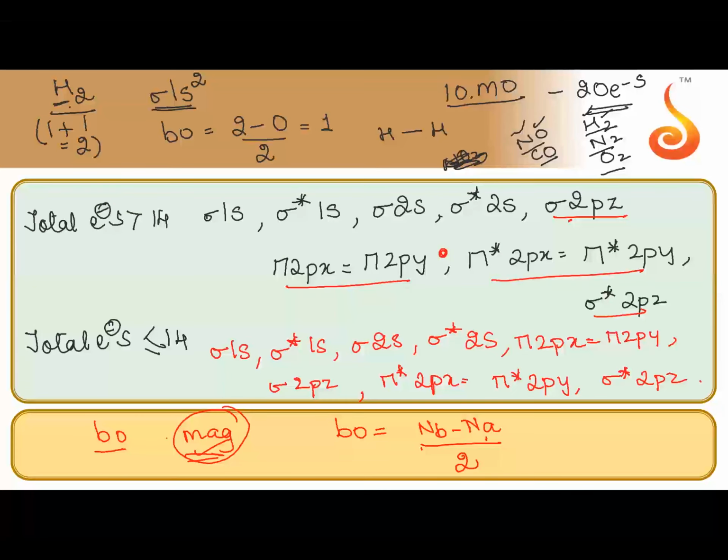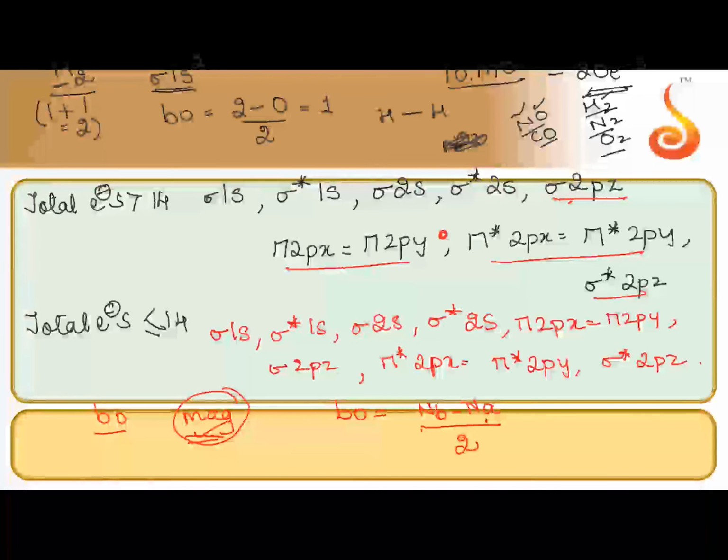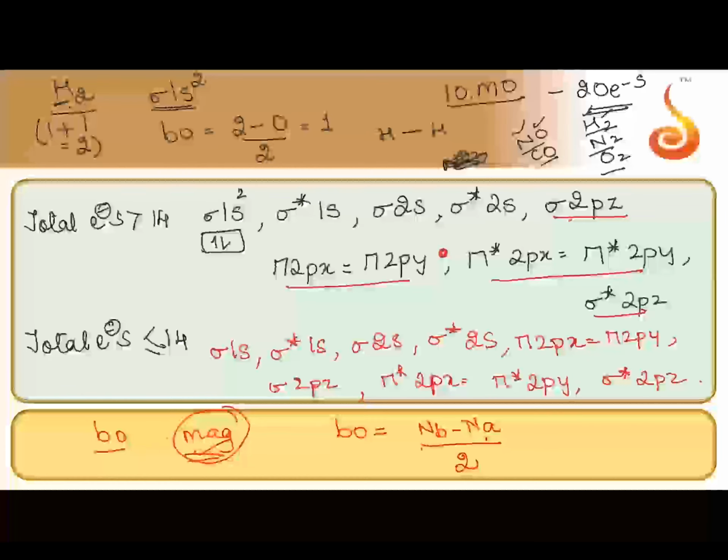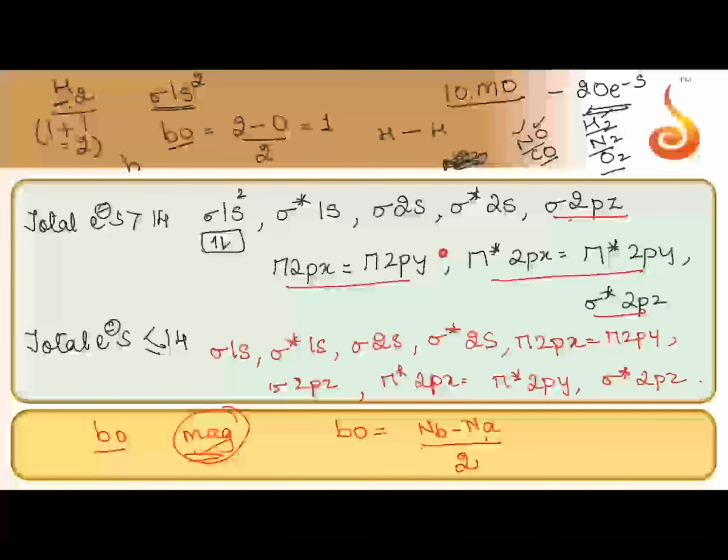Okay, my question now is, is the H2 molecule paramagnetic or diamagnetic? Correct, it is diamagnetic. Why? Both the electrons are present in my first orbital. Obviously two electrons are present, meaning they are paired up. So no unpaired electrons are there, diamagnetic. If I had one, okay, fine. Now someone is asking what is BO? BO is bond order.